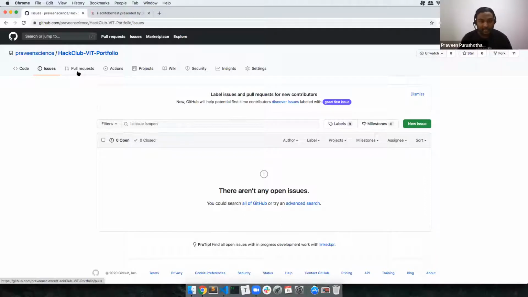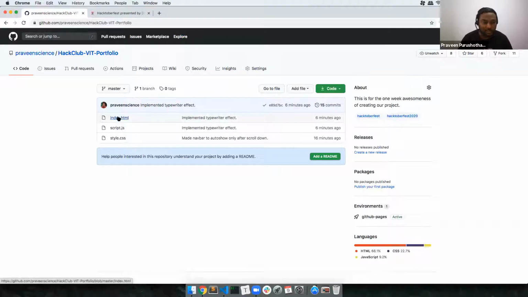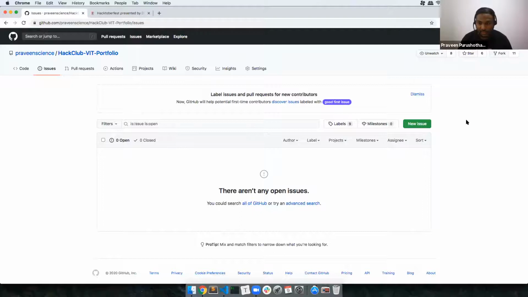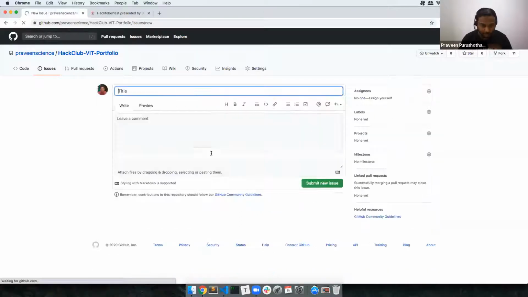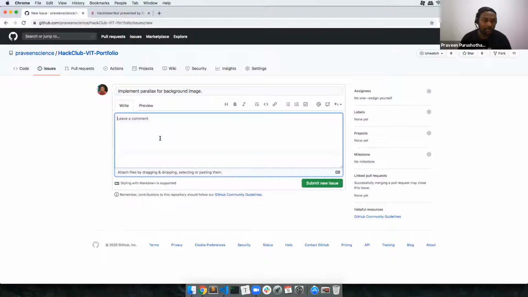And if you are good enough, say, I want to change this whole thing and add this particular thing. So for example, Pratyush suggested a parallax idea. So what I'm going to do is create a new first issue: implement parallax for background image.